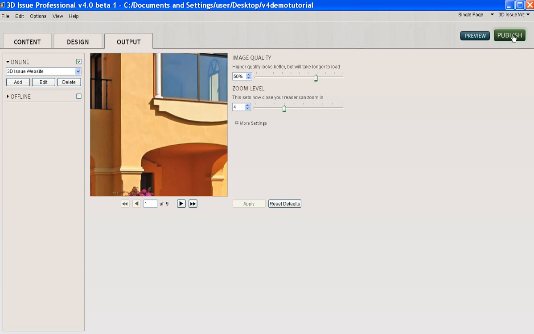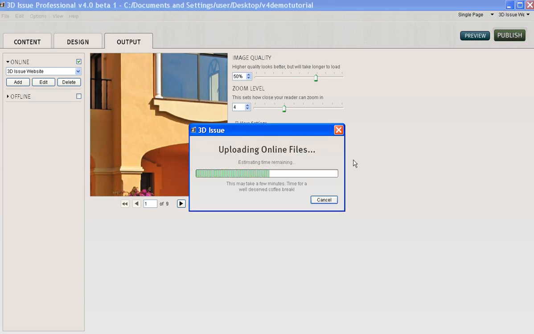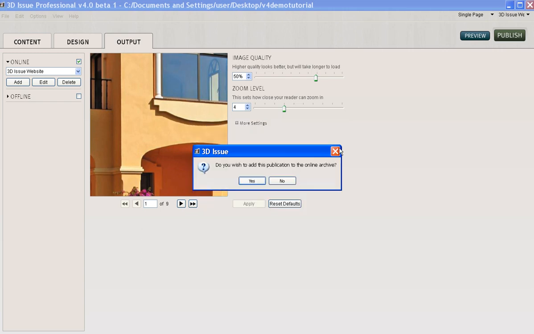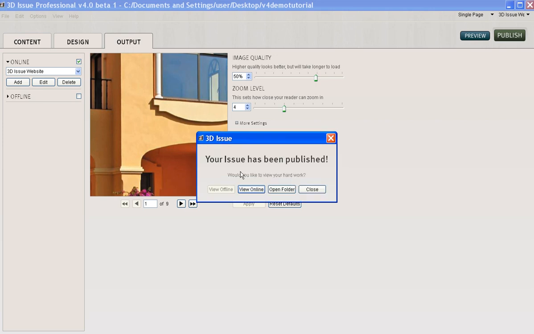So let's go ahead and see what this looks like. If I select publish, it will then ask us if we want it to be added to the online archive. For this I'll say no. And now it's been published online. So we can simply open the folder, which would be the local copy, probably on our desktop, or we can view online. So if I go to view online,